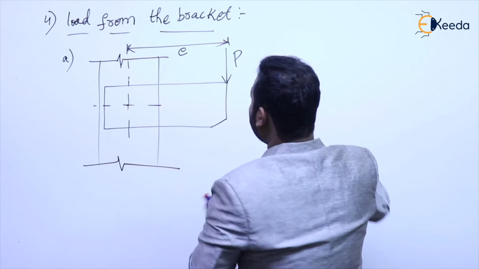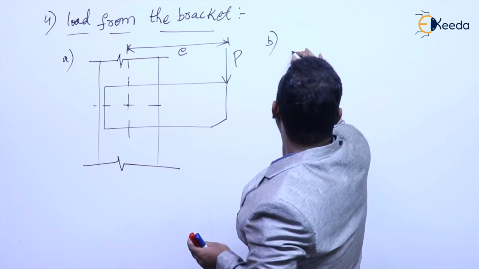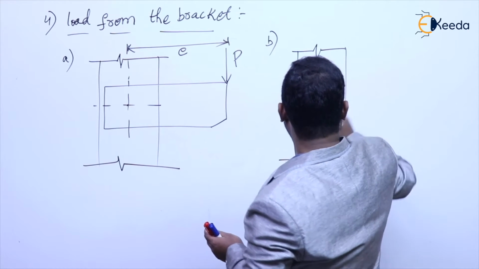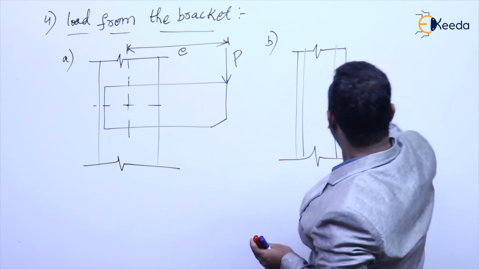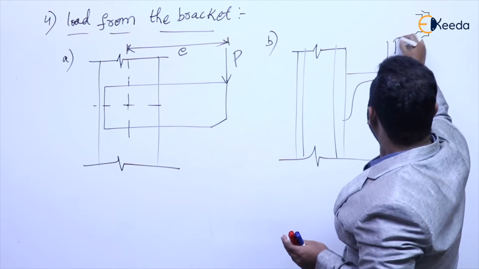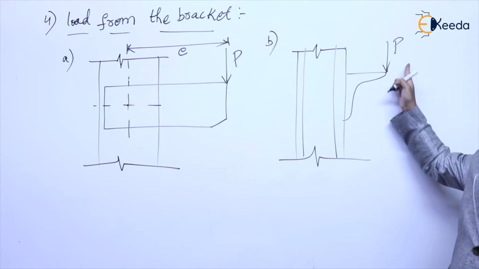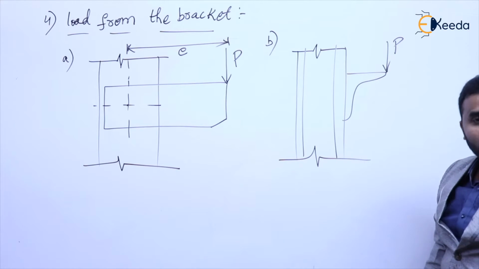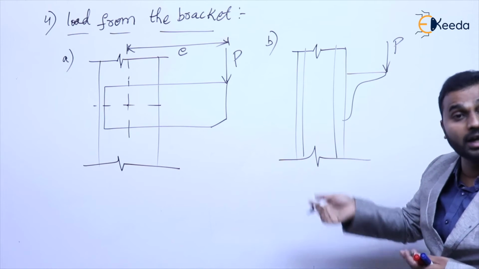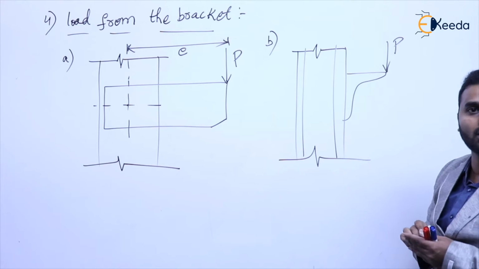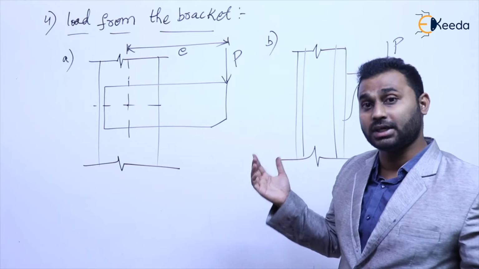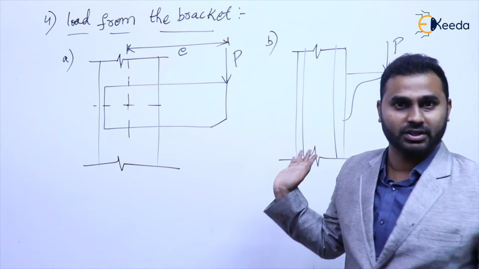Now the second, I will just show you the diagram, that's it. I'm not going into the details, because it was already discussed. So in the same way, this eccentric load P will also produce a moment in this column. Is that clear? So this is how the load from the bracket will develop or create moment in the column, and the design of the connections, how to design the connections in these aspects, already we have discussed. Next